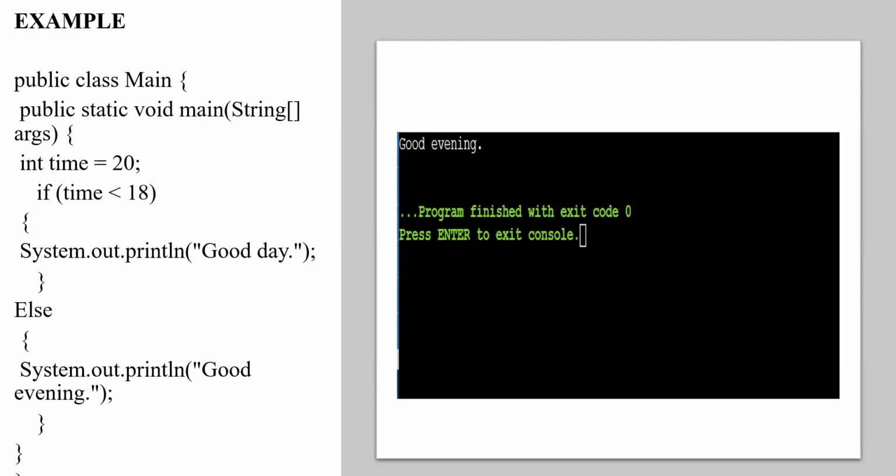And if time is greater than 18, then print good evening. And now you can see in the output, our time is 20 that we specified in our example. So our output is good evening.